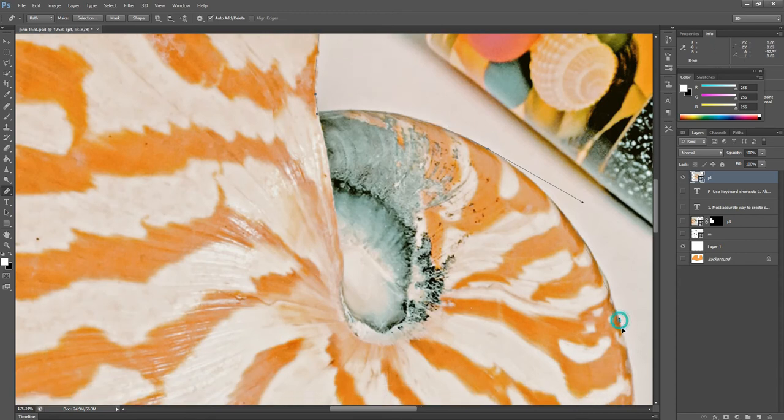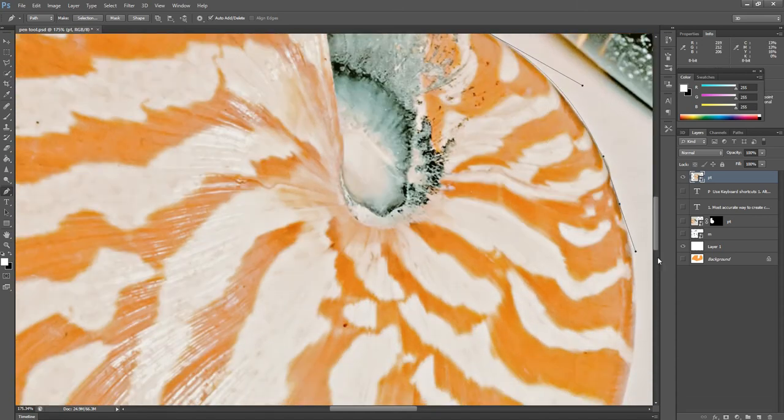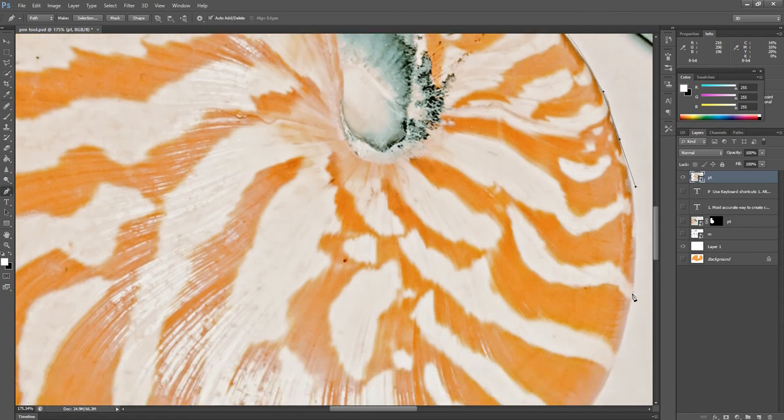So again we'll move to the next path. We can also edit after selection, so don't worry about this. We can edit this after making the selection.